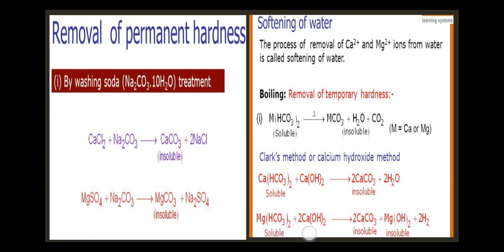Same with the salt of magnesium, Mg(HCO3)2: when it reacts with the calcium hydroxide, it forms the precipitates of CaCO3 and Mg(OH)2, which are insoluble, and the pure water is separated from there, easily by the method of filtration. After boiling it, we can filter it. In filtering, these insoluble salts can be separated and we can obtain pure water from which